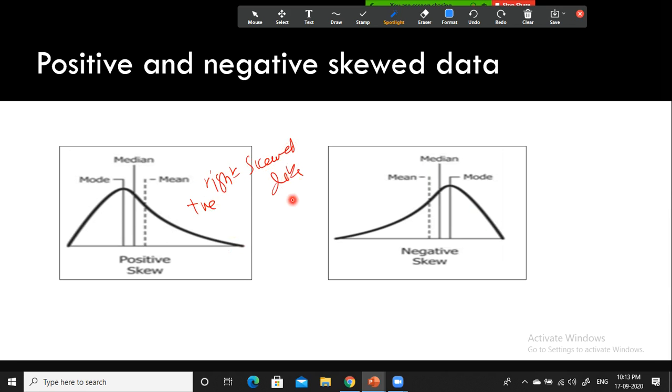It's a very interesting one, the pattern of the data. This one is left skewed, a negative skew, negatively skewed data. Positively skewed, negatively skewed. In either case, look here, the mean got dragged outward. The mode is there at the peak. Here also the mode is at the peak, and in between the mode and mean we have the median. Here also the same thing.